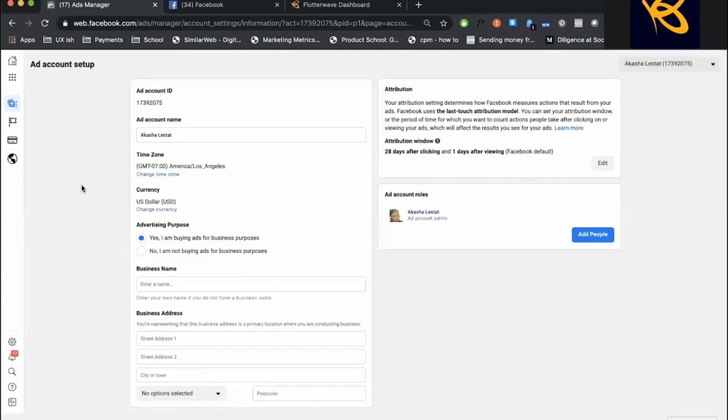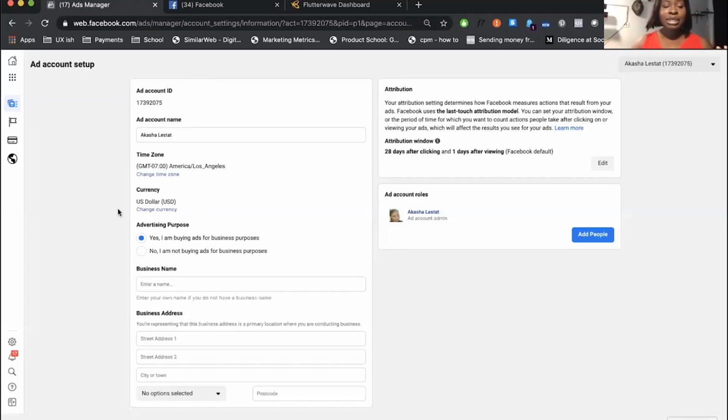Okay, so this is what Facebook Ads Manager looks like. It's super easy to get to your Ads Manager from Facebook. Just go into your Facebook profile, go into the left-hand menu, scroll a bit further down, and you will see Ads Manager. Once you click through, it will bring you to this page, right? If you already have an ad account. If you don't, Facebook will guide you through the process of creating an ad account, right?